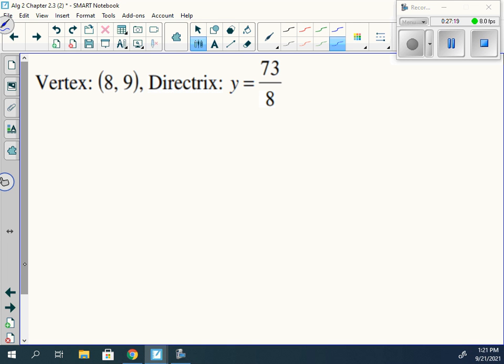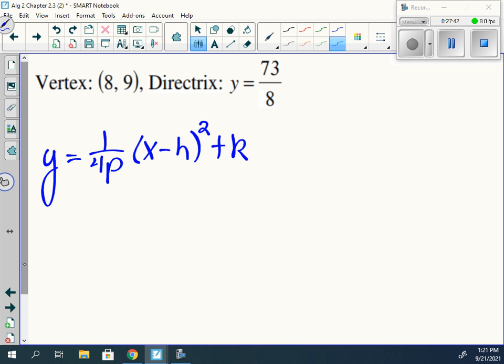And again, since the directrix is y equals, it kind of tells us exactly which equation we're dealing with, isn't it? It's going to be y equals 1 over 4p, parentheses, x minus h squared plus k. Now the vertex tells me the values of h and k. So let's fill those in. Let's fill what we know. 1 over 4, parentheses x minus, close parentheses squared plus